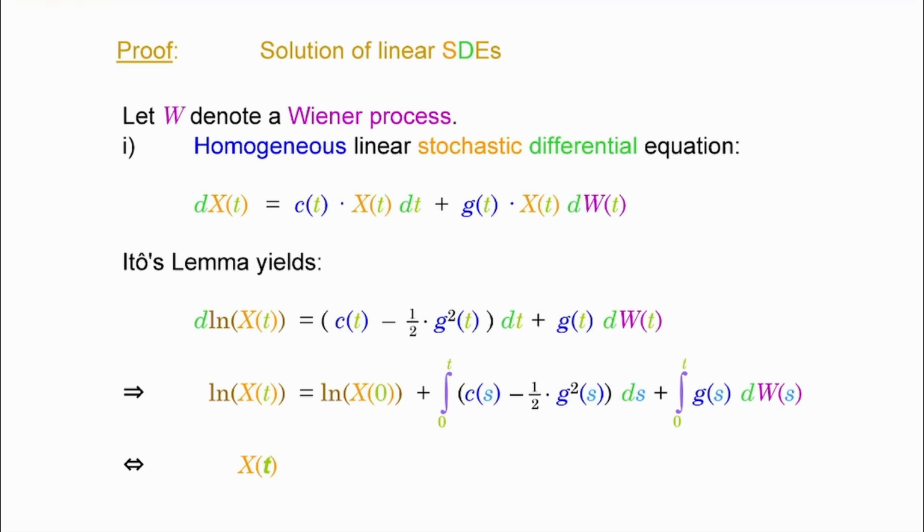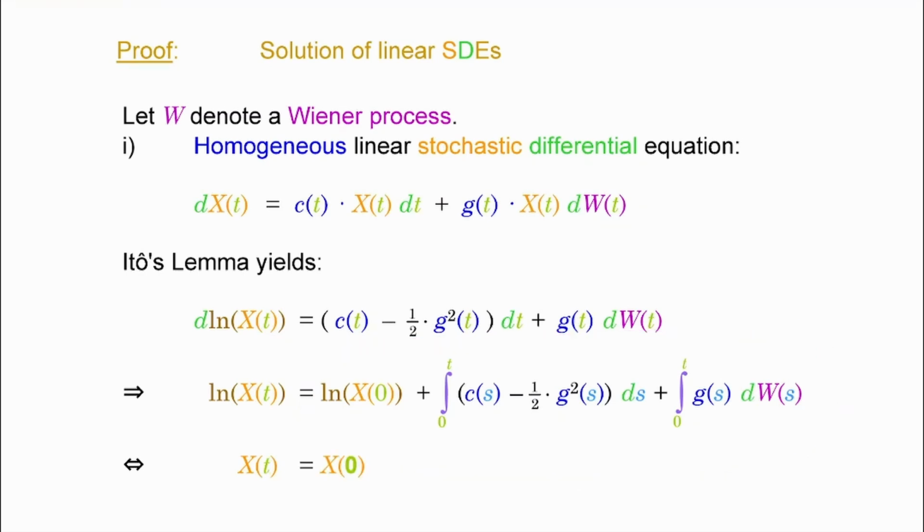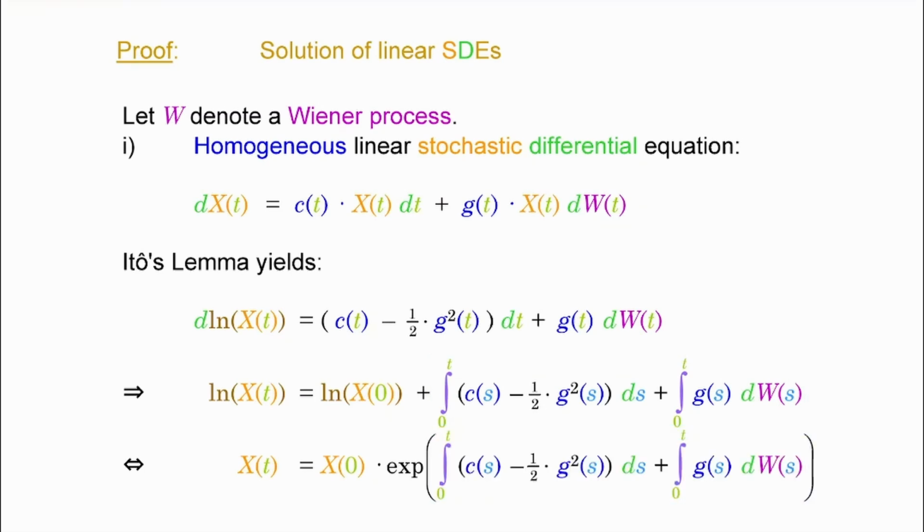Now, if you want to isolate x, you need to reverse the logarithm. The logarithm can be reversed by its inverse function, which is the exponential function. So e to the power of the whole thing, guys, the whole thing, is just reversing it. Now, e to the power of the logarithm of the starting value is the starting value itself. So that isolates the starting value as it is, but then times the exponential function of the whole thing as the exponent. That's why I like that notation, because I can pack the exponents whatever I like to. It doesn't really matter. And that's it. This is the solution, right?